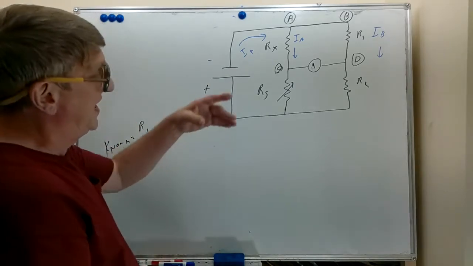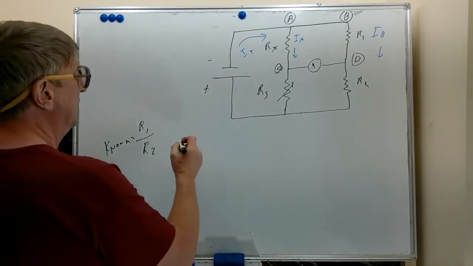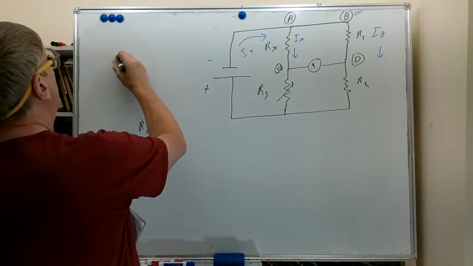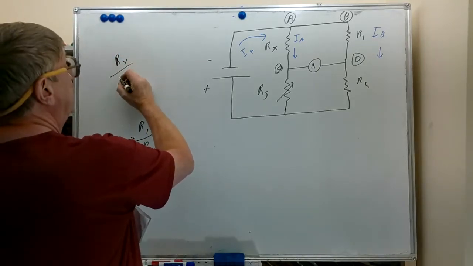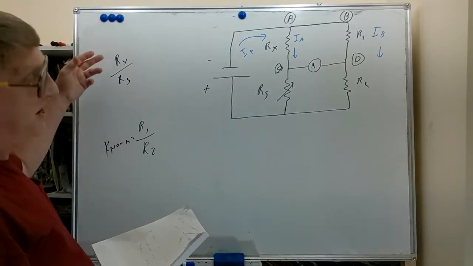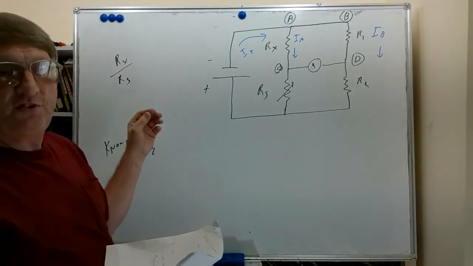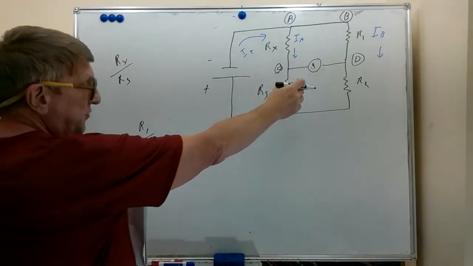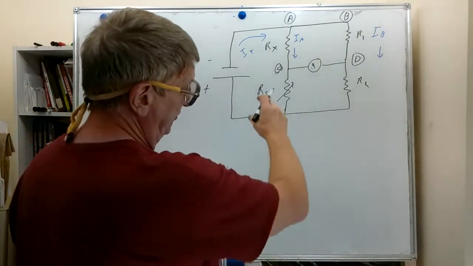And we're going to find the ratio of Rx, the unknown, to Rs, our series resistor, which we can adjust and read off the dial, which is a calibrated dial